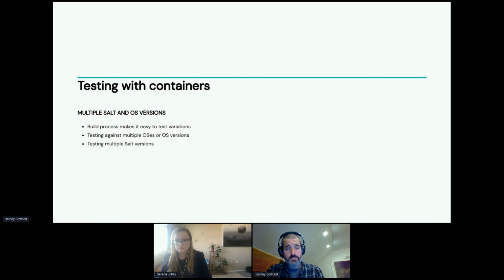Okay, so once you've automated building your container images with CI, it's then really easy to automate creating variations. It's rare that you have the luxury of only targeting a single OS, a single version. And even if you are managing to do that at one point in time, you're going to need to be able to test against new versions before you move over to them.